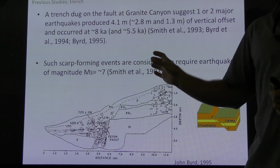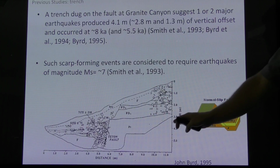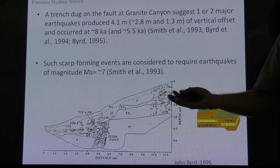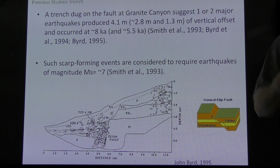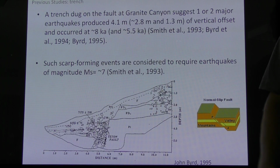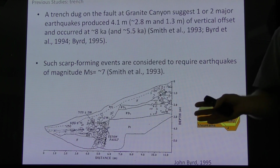The evidence we have for faulting during this time period is actually quite scant. Earthquakes are relatively destructive events, and these alpine regions are also not exactly constructive landforms, so there isn't very much sedimentary evidence for the timing of past earthquakes. One of the ways in which we determine the periodicity of past earthquakes, or paleoseismic techniques, is through trenching of faults. This is how we know, for example, when the last few earthquakes along the San Andreas Fault were, along the Wasatch Fault, and that has been done here only just once along the Teton Fault, largely due to the logistical challenge of digging a